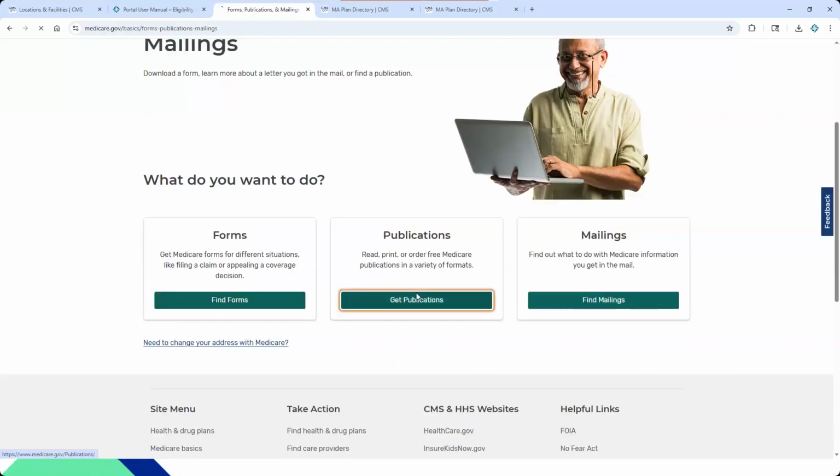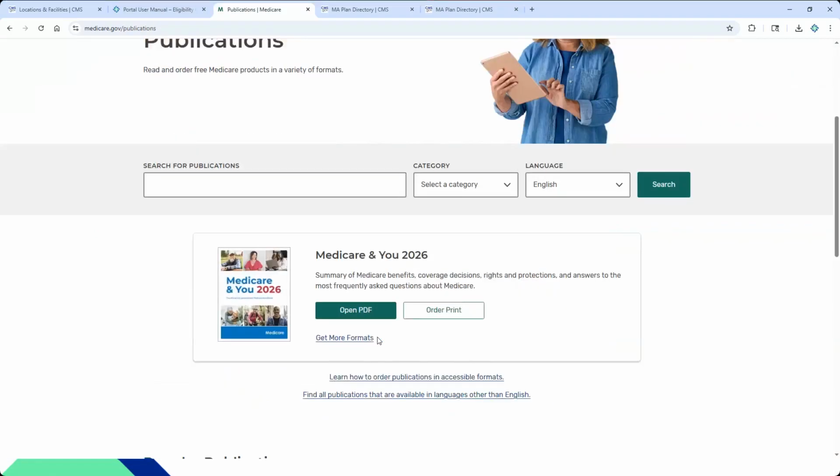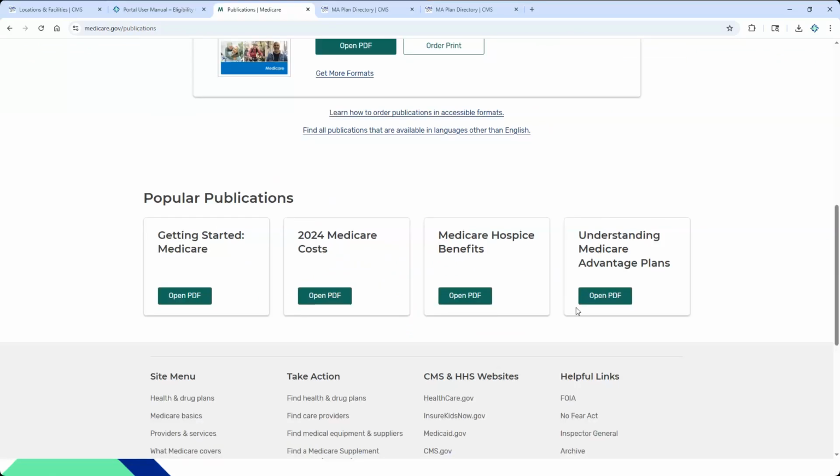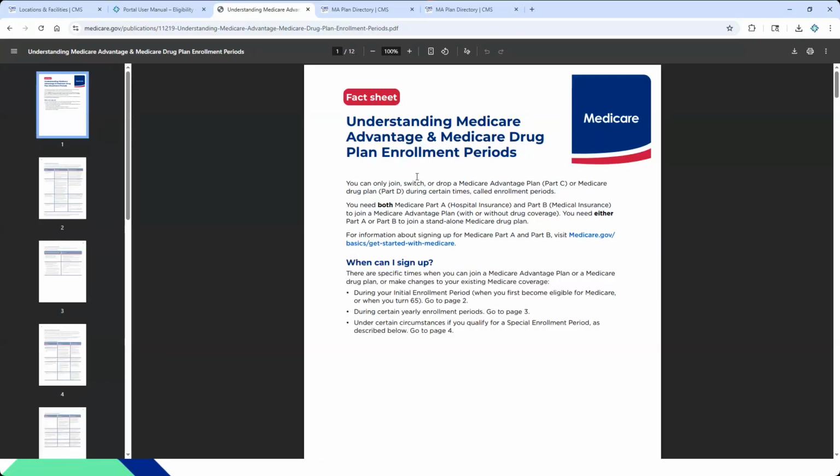But what's great about this is the way that it's written. And the reason that it is written that way, you can see right here, Understanding Medicare Advantage Plans, open the PDF, is that it's written in a manner that is much easier for the patients to understand versus some of the stuff they write for us in the provider community, because it is more complex and we are written at a higher grade level. So I like this if you're just trying to get through it.